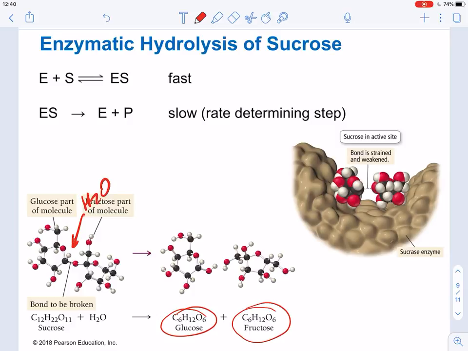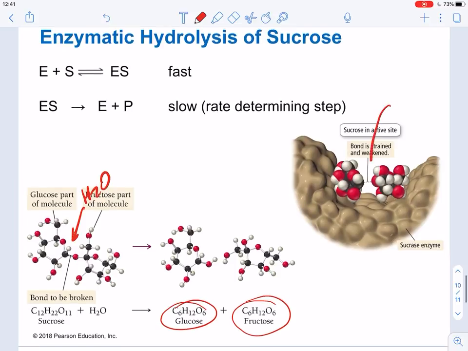So it might be difficult because it's kind of a tight spot for water, and there are some other parts of the molecule that will kind of impede the water from getting so close to where it needs to be for the reaction. But what the enzyme will do is hold that molecule in place, probably opening a gap for water to come in